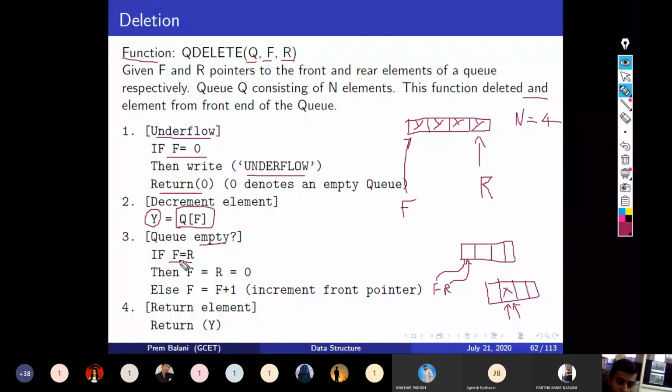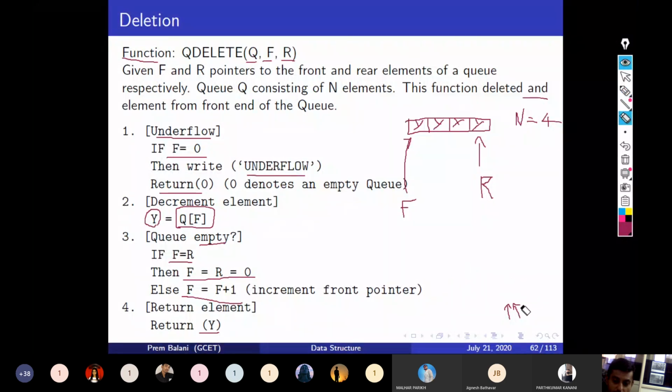So it is checked here, if F equal to R, that means the queue had only one element, and you can set F equal to R equal to 0. Otherwise you have to increment the F pointer by 1 and return Y. So here in this example, right now Q is full, right? So there is no case of underflow.